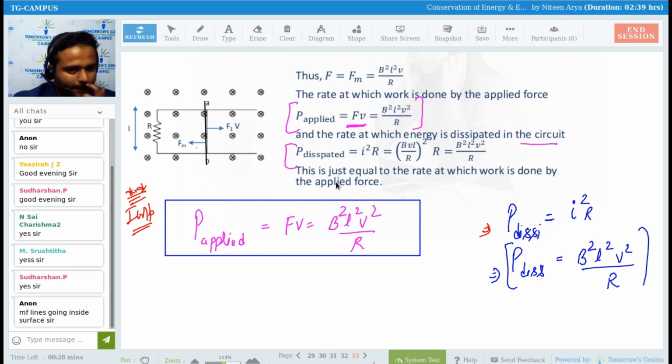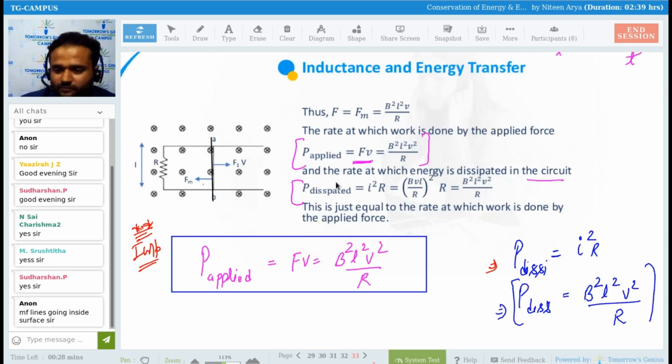Obviously, if there is a conductor and you rub this particular conductor, suppose this is a rail of my wire and this is the conductor. If I rub this, some energy is going to be dissipated in frictional form also. So many things we are assuming right now. Clear? So formula wise it is equal, but in real sense it is not. That is my meaning of saying that.